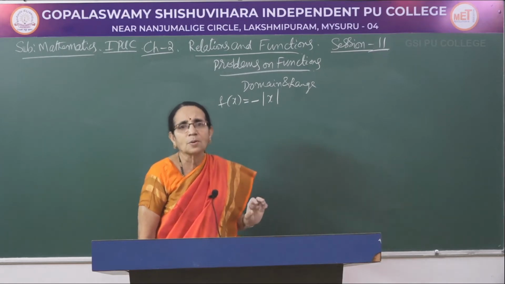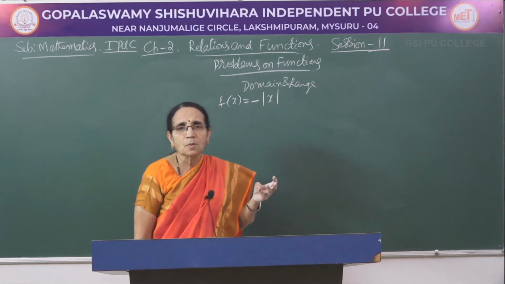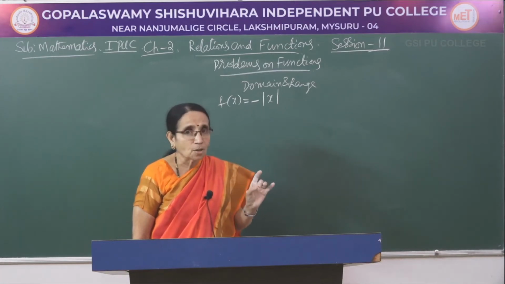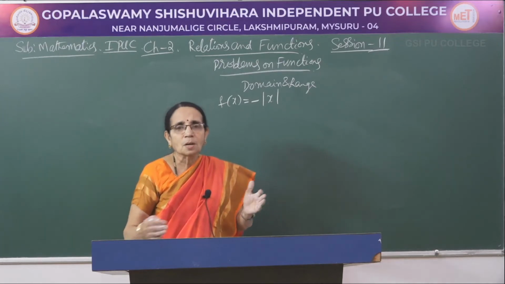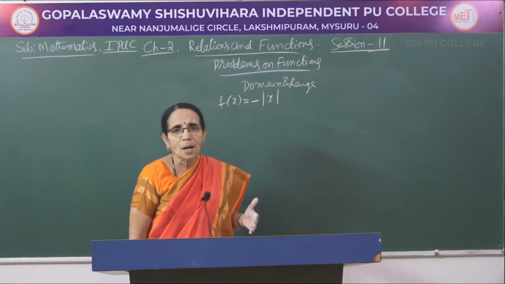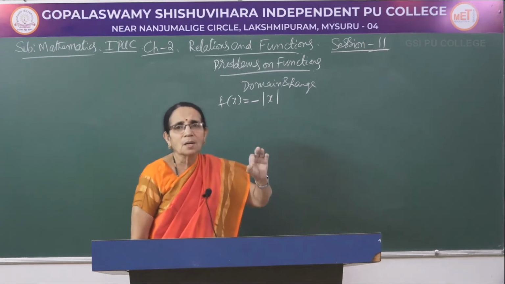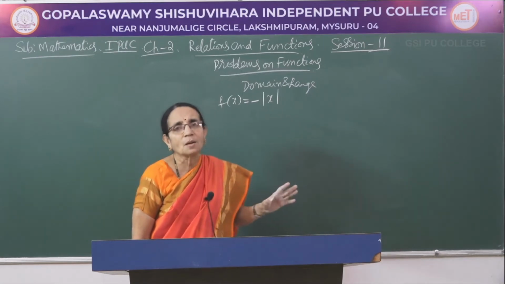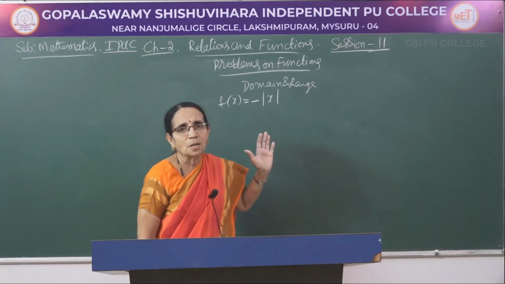You can give any value, isn't it? It may be positive real, positive or negative integer, 0, positive or negative rational number, positive or negative irrational number. Together all of them, what do you call them? It is a real number, the set of the real numbers. You can assign for x any real value. Therefore, that itself becomes the domain here.